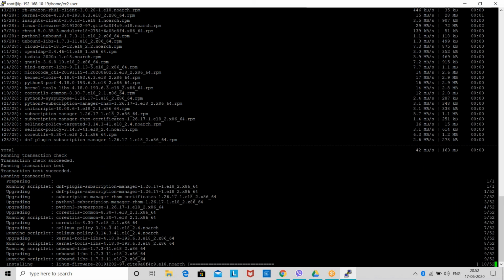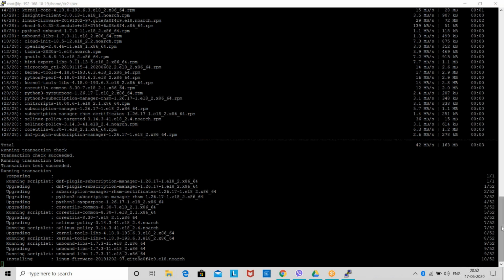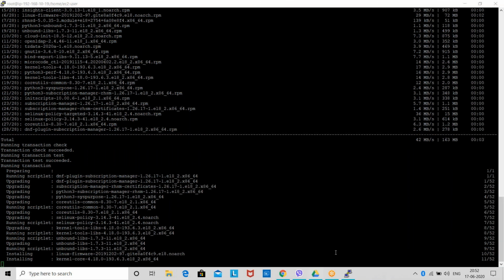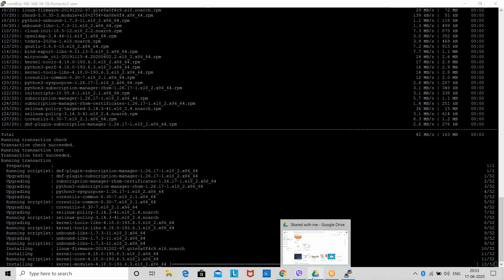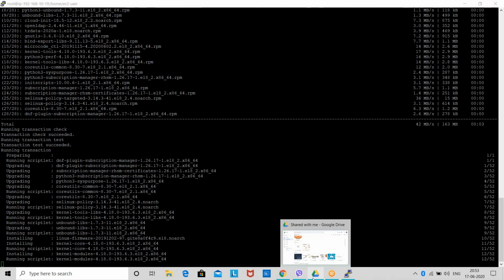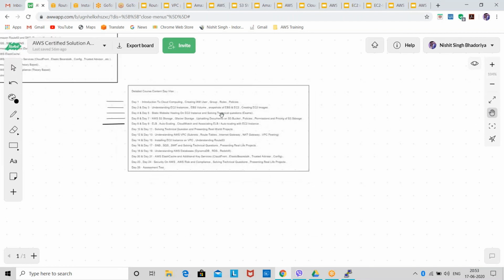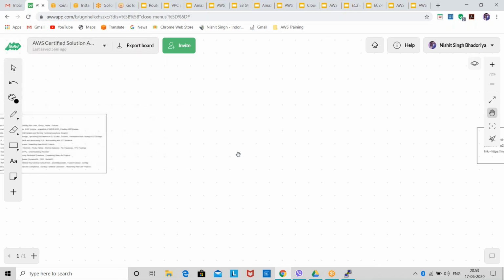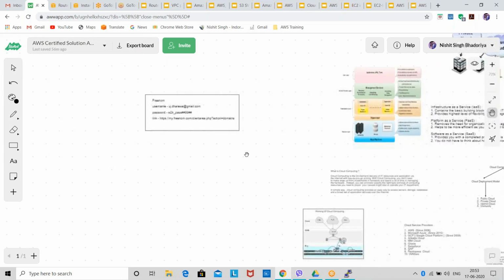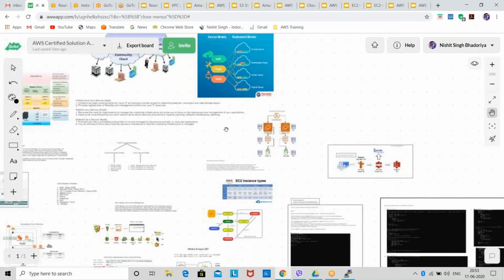Let it do its work. Till then, I'll show you how you can connect to private instances. First of all, I'll explain a scenario of that. They'll update their AWS Linux. We cannot wait too long for it to get updated. Then we'll work. Till then, we'll do one more thing.